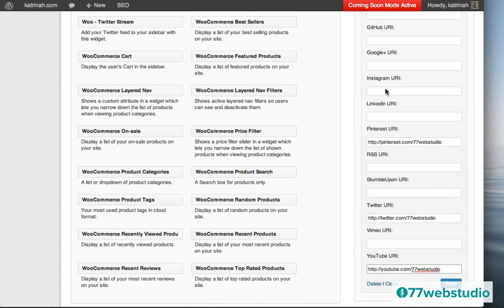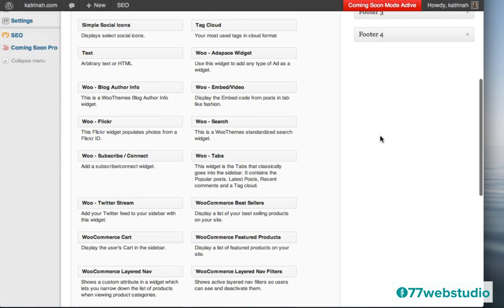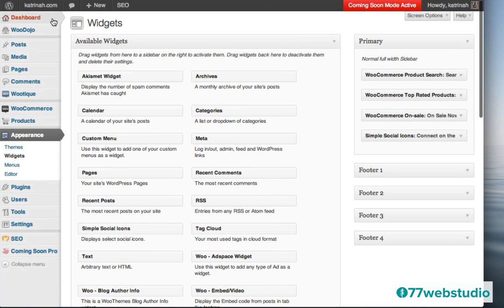Okay, so once you have the different widgets, you may want to add some additional social network URLs as well. Feel free to do that, and when you're ready, go ahead and click on Save to save the settings of this particular widget. Then I'm going to click on Close. And now when we go back to visit the site and check out the sidebar, let's see what that looks